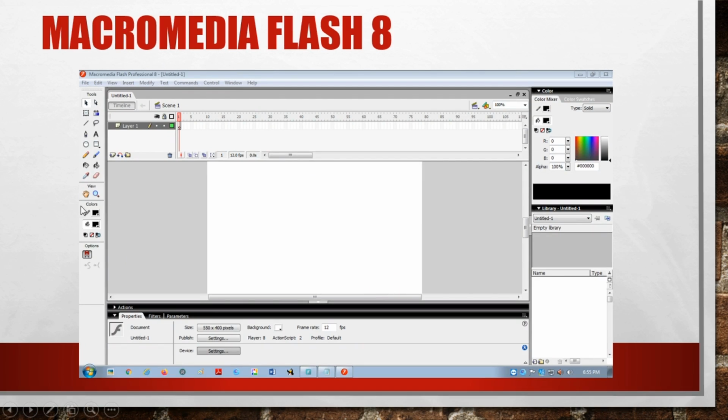Okay, here you can see this is the toolbox, this is the menu bar, and this particular thing is called the timeline. The timeline organizes the contents of animation, means whatever you draw in the stage, how it will appear on the stage, how much time it will stay on the stage, how the animation will be created, at what time. So all these things are managed by this timeline.